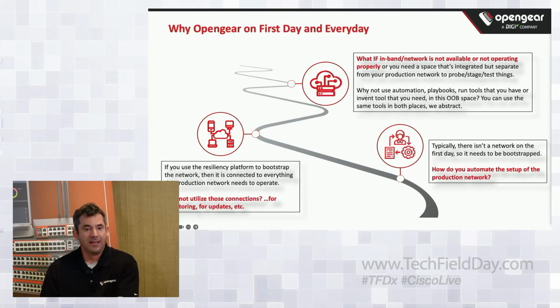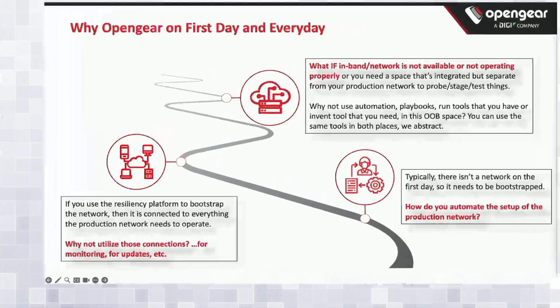And then again, lastly, but not least, the realization comes in that the production network may not be available at all times, right? In general, all the fancy things like NetOps, DevOps, automation, templating, configuration scripts, those are associated with happening in the production network. But again, as I mentioned, the realization comes in when you think that there may not be, for some reason,